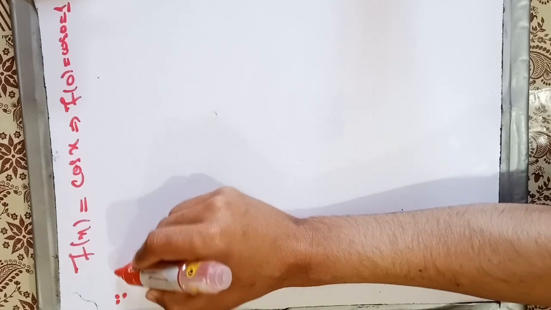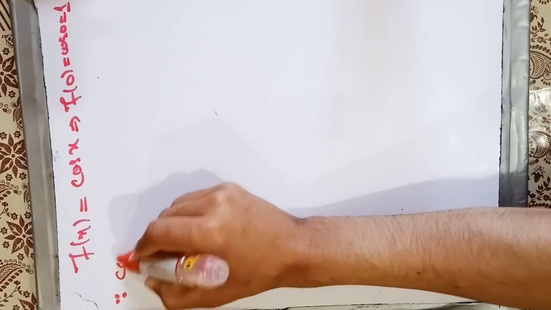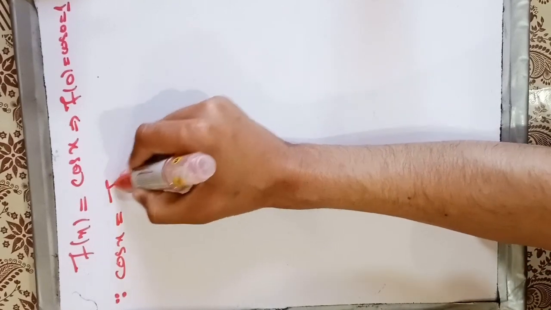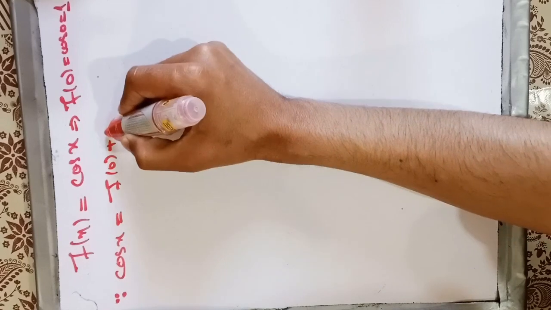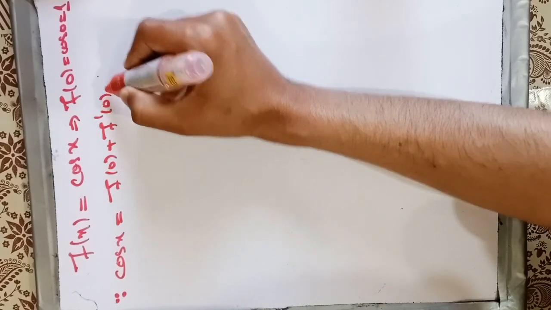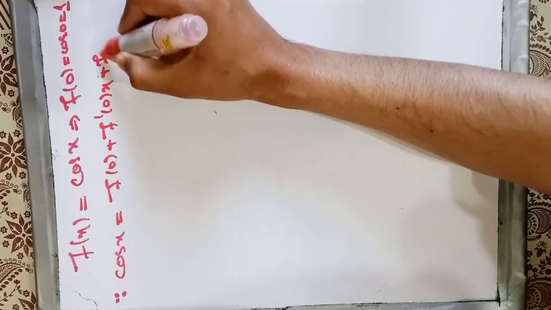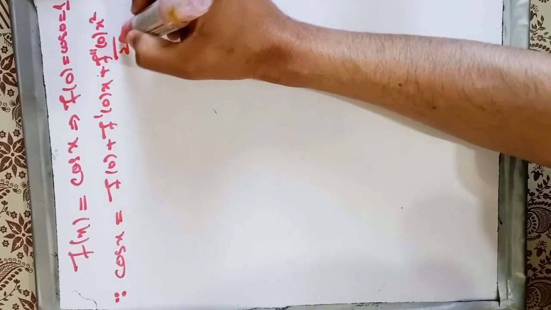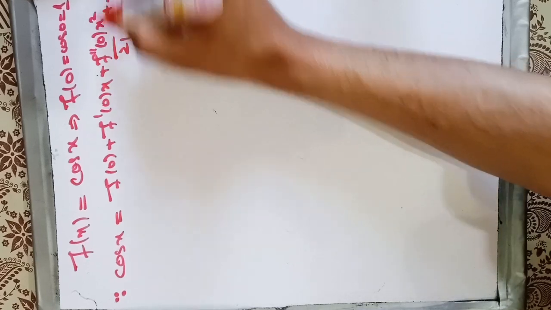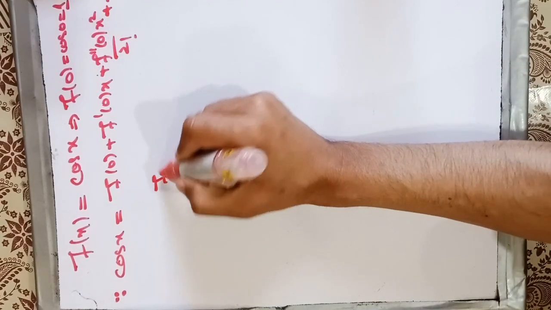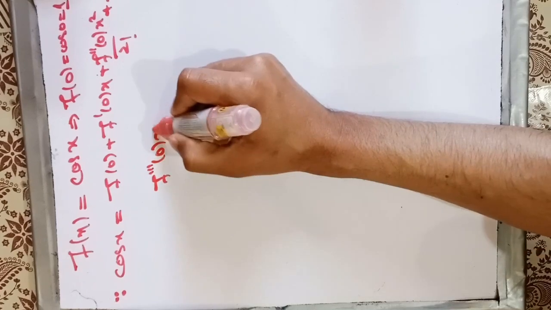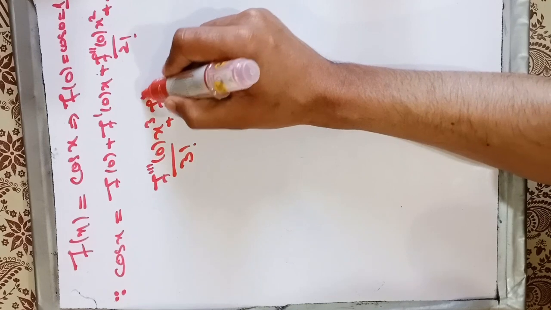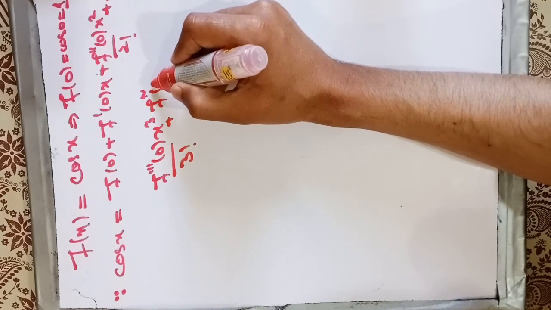So the Maclaurin series of cos x is equal to f at 0 plus f prime at 0 x plus f double prime at 0 x square over 2 factorial plus, and so on. Next, f triple prime at 0 x cube over 3 factorial plus f4 at 0